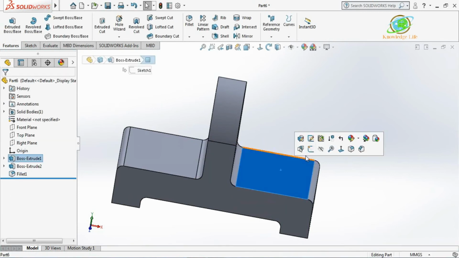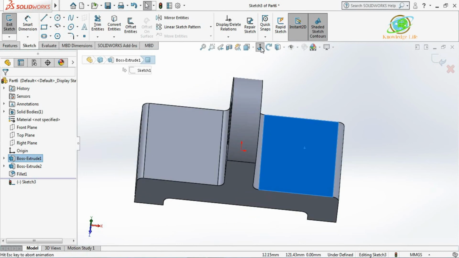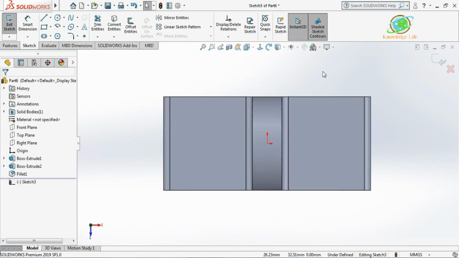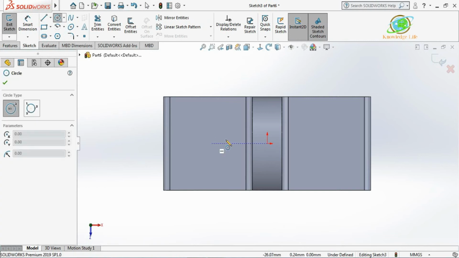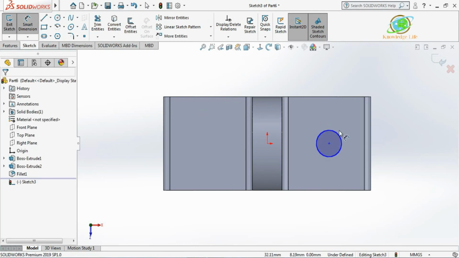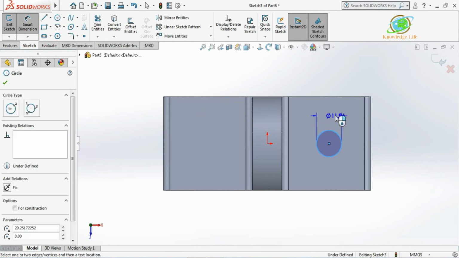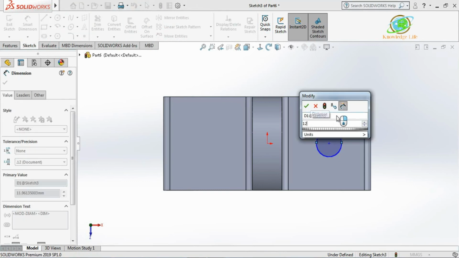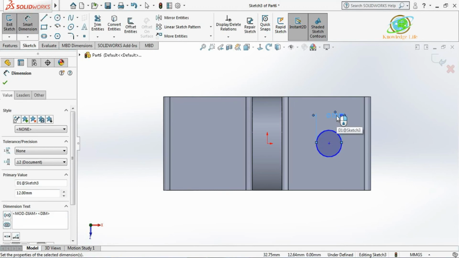Select this face and go for the sketch and make it normal to the plane. We'll draw a circle over here. I'll just draw one circle here. For that circle I'll be giving the diameter. Select the dimension and give the diameter 12. Now we need to define the position of that circle.